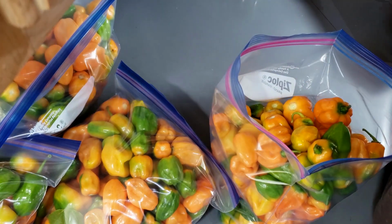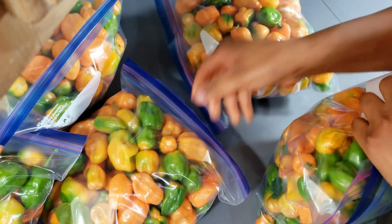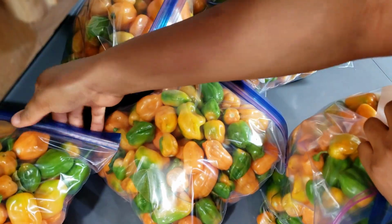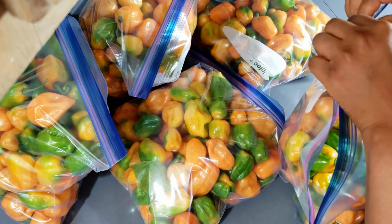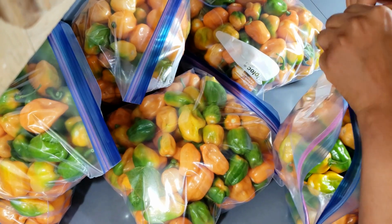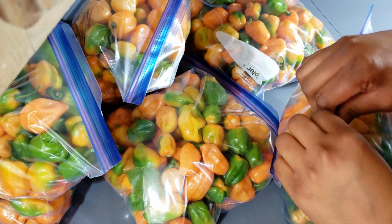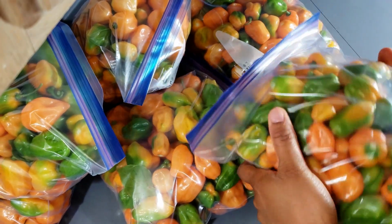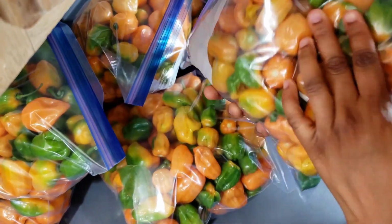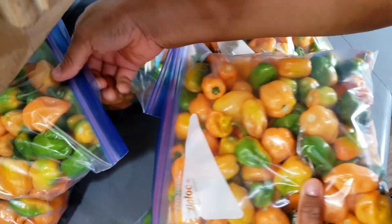So these are all the peppers I have. 5 bags here, and I hope that these ones will serve me till next year, hopefully. Yeah, because I don't eat it a lot. I just use about 1 or 2 in my recipes, depending on the size of what I'm making though. So these are all of them. We are going to keep them in the freezer, and